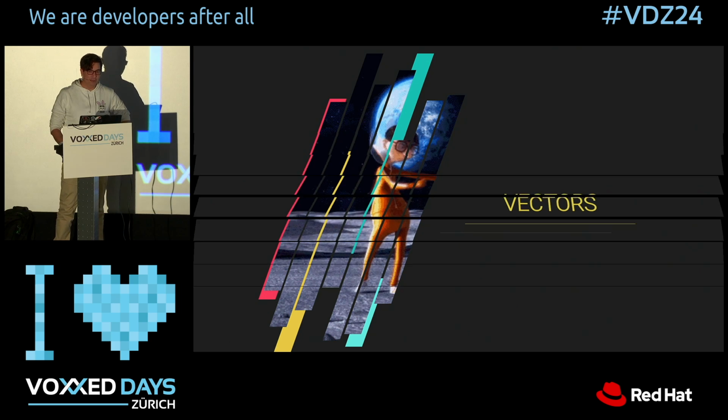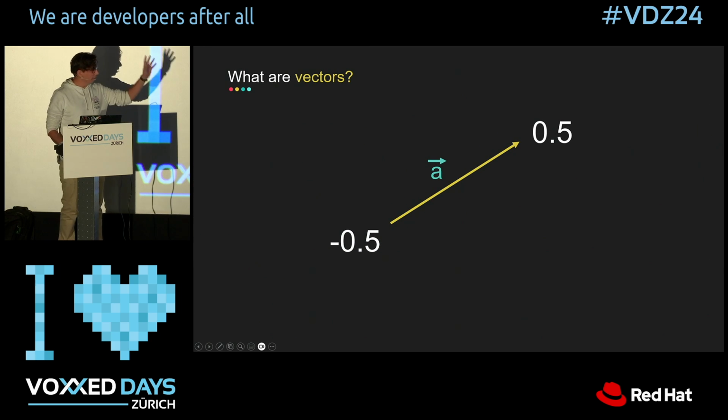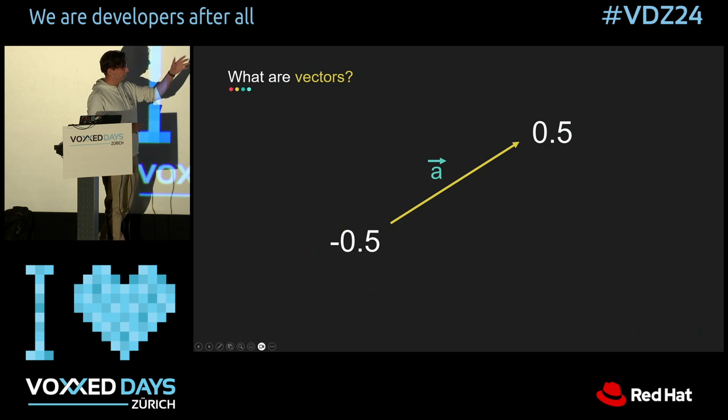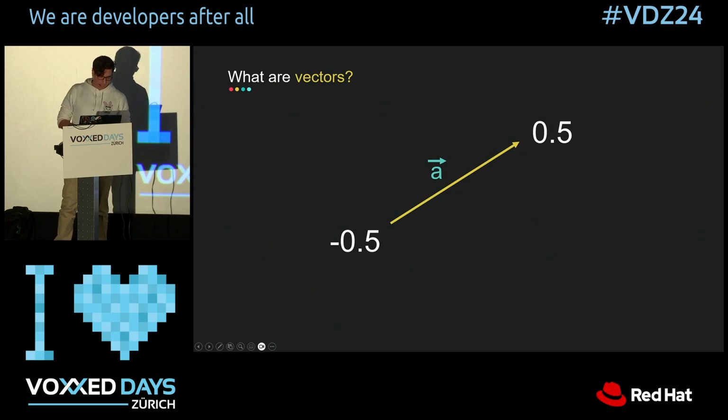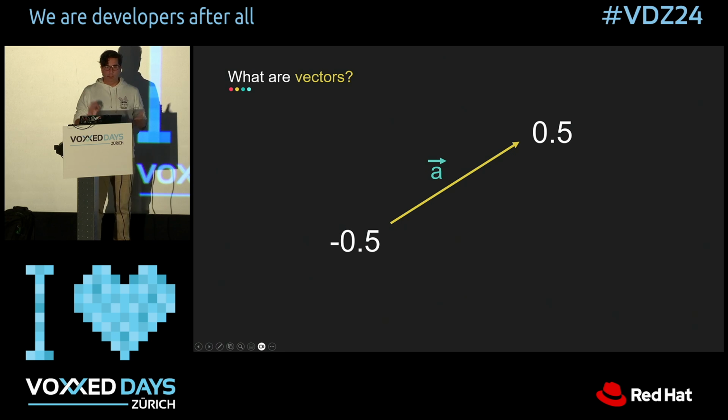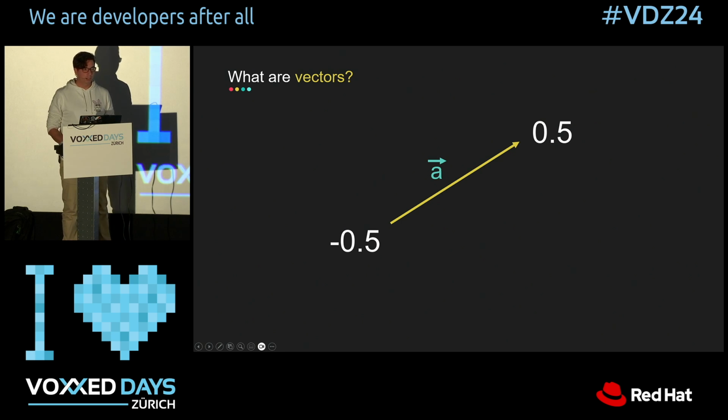Yeah, so vectors come from math. If you look it up on Wikipedia, you'll see something like that, like an arrow above a letter. And vectors are a way to encode distance and direction, pretty much. Or they're very good in that. At least that is what they used in math a lot of times. But in our context, we use them a little bit differently. Vectors are also very good at just encoding data.